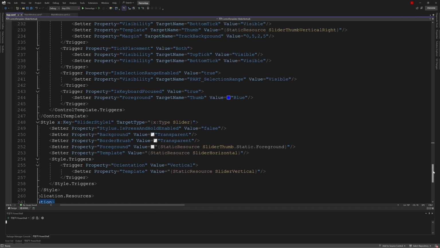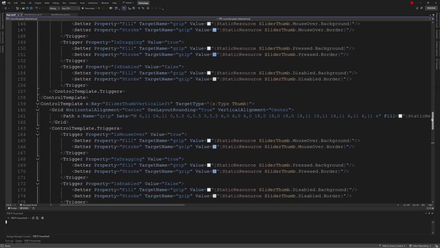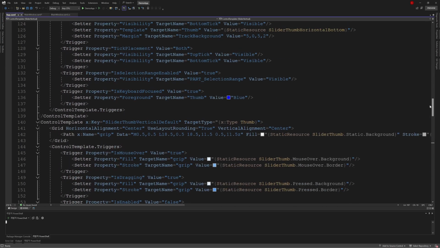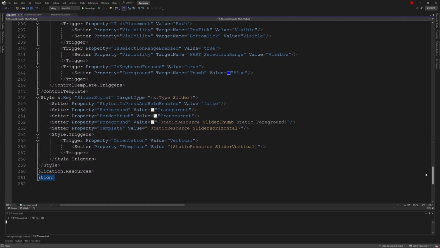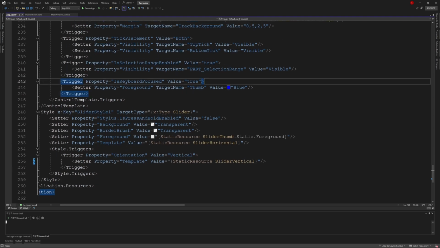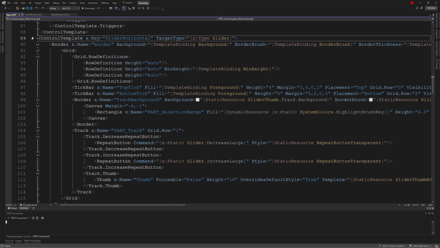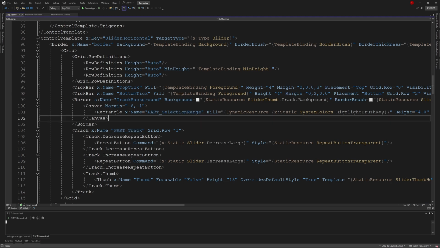There is a lot of code, but it's not necessary to decipher each line because it's a basic style provided by WPF containing the template, meant to be versatile to meet different development needs. Today we will focus on the control template section, taking slider horizontal as an example. We noted that some of the x:Names start with a PART_ underscore, such as PART_SelectionRange and PART_Track. This is a part we need to pay special attention to.